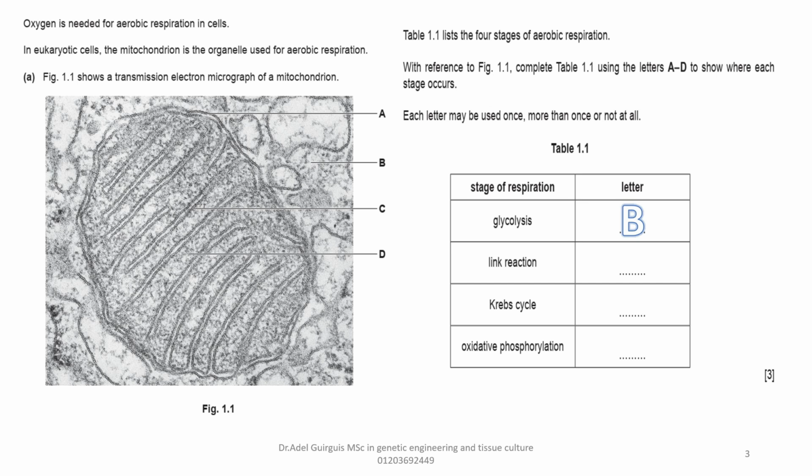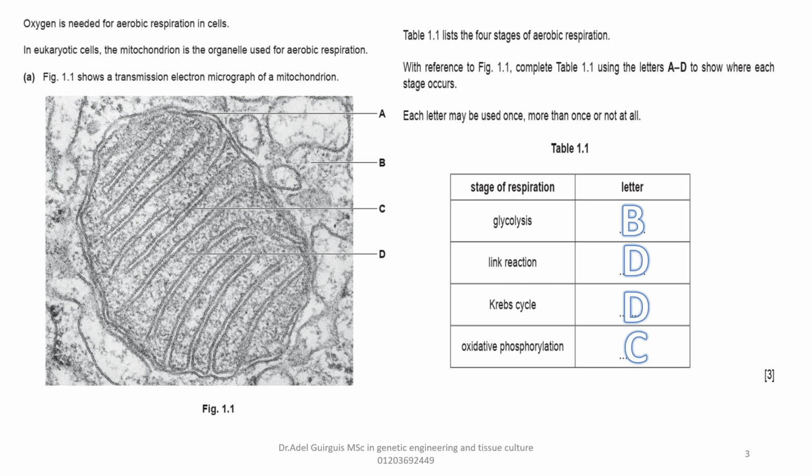Then what about link reaction and Krebs cycle? Link reaction and Krebs cycle both happen in the matrix of mitochondria, so we will choose letter D and D for both. The last stage of aerobic respiration is called oxidative phosphorylation. It needs respiratory complexes, several enzymes, and ATP synthase enzyme. All of them lie on the inner membrane of mitochondria, I mean the cristae, so we will choose the letter